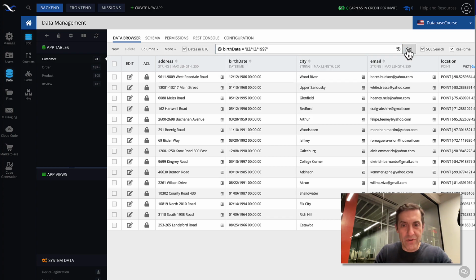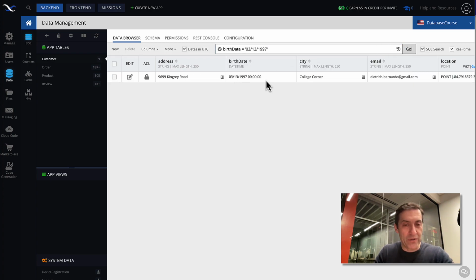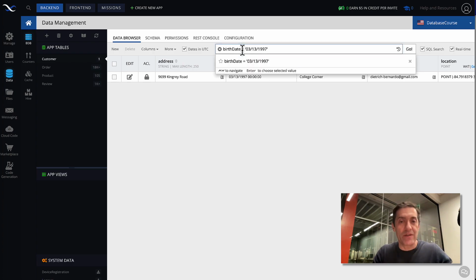Click go, and it actually found it. The reason it found it is because notice that the time here is all zeros, and I did not specify the time. So if you don't specify the time, it will assume that the time is all zeros. However, if the birth date here had a different timestamp, then if I specified birth date with just month, day, and year, it would not be able to find it. So it really needs to be an exact match for the value that is in the database.